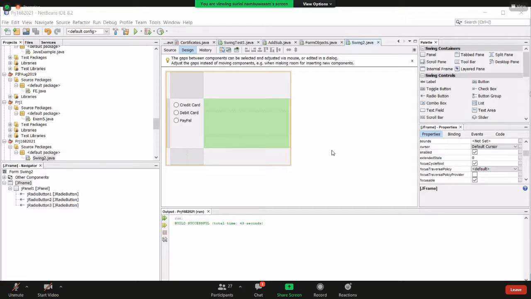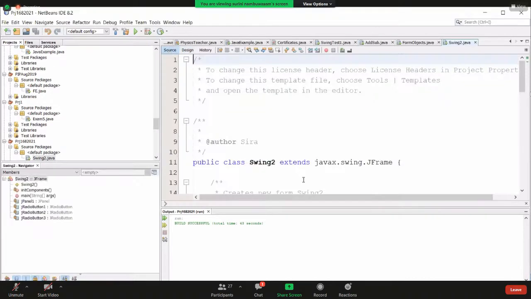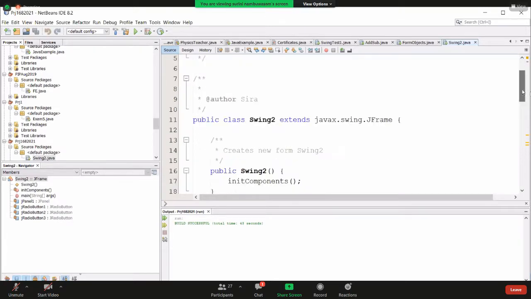To create the button group, we'll go to the source editor, then we will add the code to create the button group.